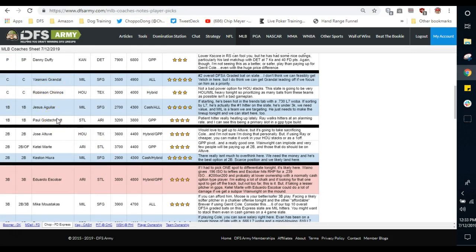I mean, there are other players like Paul Goldschmidt, who's in a great spot tonight, but he's going against Robbie Ray, who can be a very competent pitcher. Kittle Marte is another one that's going against Adam Wainwright. Wainwright can blow up. Marte and Escobar can have huge nights if Wainwright doesn't have his A game on the mound. So there's a whole lot of things that could still go right or wrong with the slate,